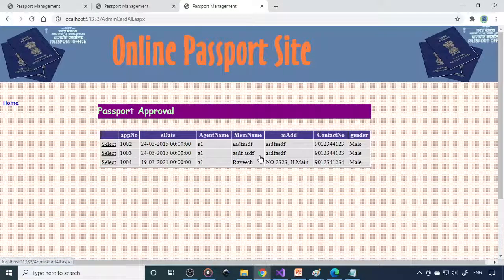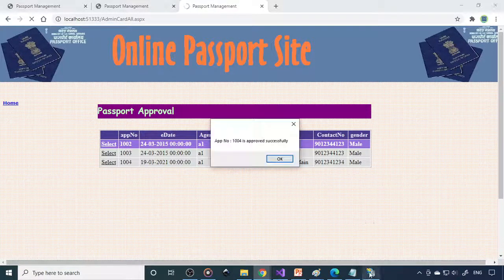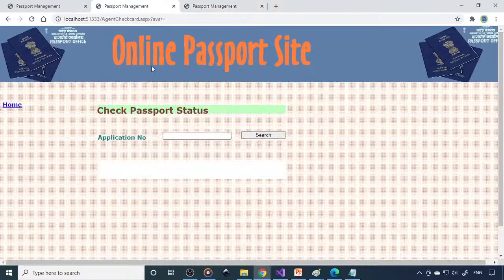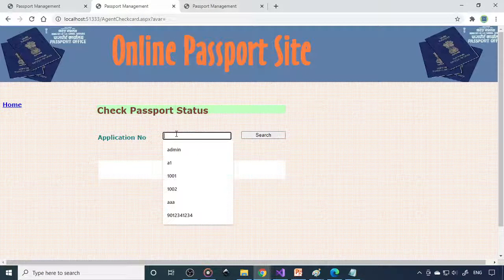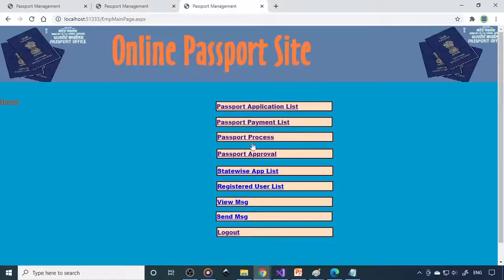Then there is a final selection here, where you have to allocate the number. So 1002 is allocated, 1004 is allocated. Now again you can come back here. So now you can see the passport number. You get a dummy number, but you can generate whatever number you want from the coding.